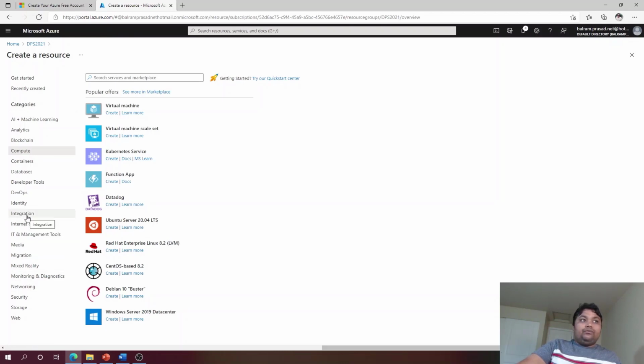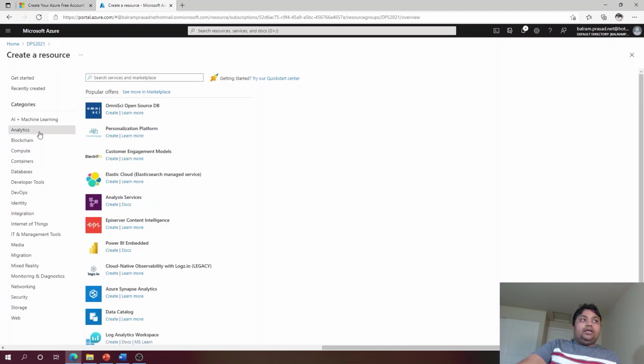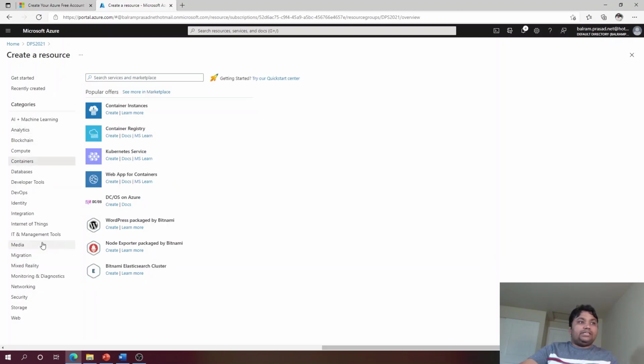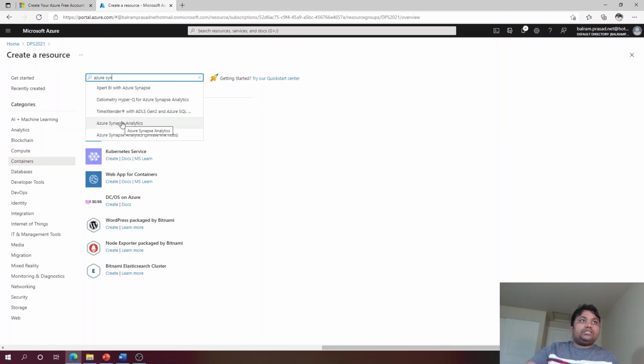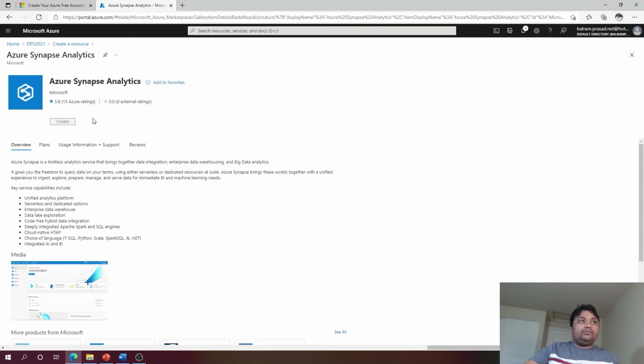If we go for integration related things, then we can see Queue and other things, and Data Factory, which we have talked about. And if we go for analytics, there are different solutions where we have Azure Synapse Analytics, and also we have Analysis Service, which we are not going to use. For Synapse Analytics, we can search all the services here also. Azure Synapse Analytics we can find over there. And if we go and create that one,